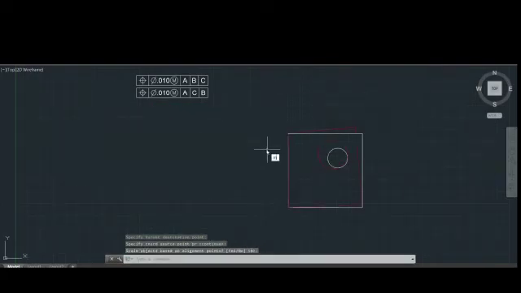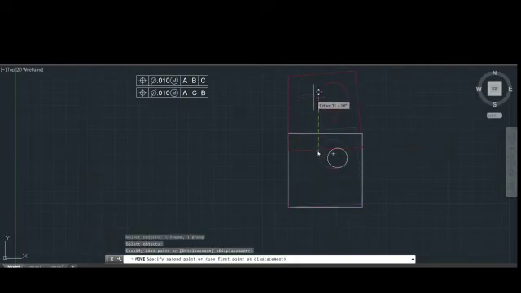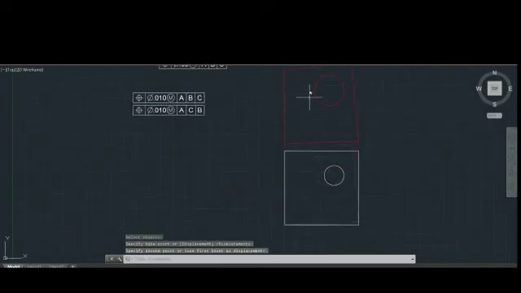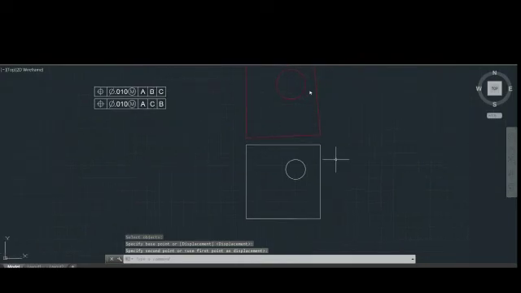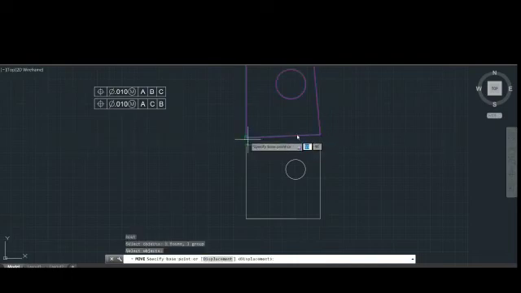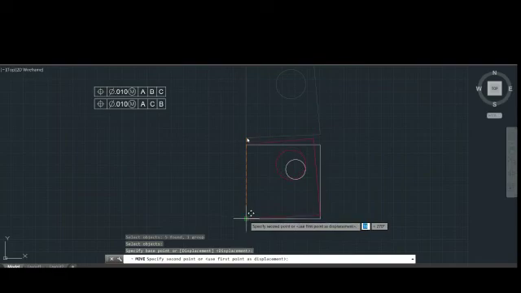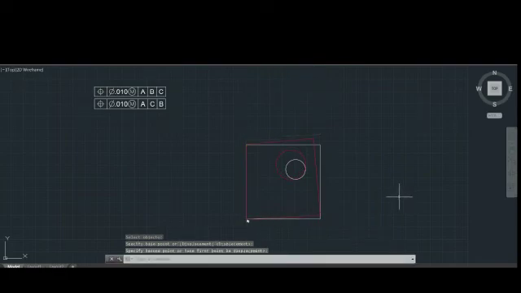Okay, then you can observe that I have aligned the part in both datum A and datum C. Then the third step is to move the part in order to just touch datum B. So I will just move this part until it touches datum B.